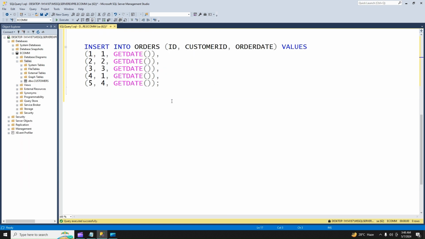We will insert the data in the orders table in columns ID, customer ID, order date. Column ID would be 1, 2, 3, 4, 5, and customer ID, the foreign key, would be 1, 2, 3, 1, 4, which exist in the customer table. So 1, 2, 3, 1, 4 is the customer ID in the order table, which is the ID in the customer table. So I will write the order date as a system generated date, getdate, and we